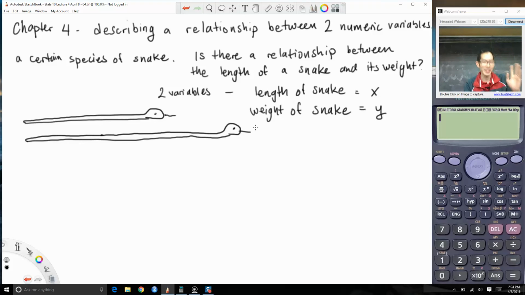All right, so here I've got two snakes, and if we had to guess, which one would you guess weighs more? The longer one, right? Okay, so we would guess this snake